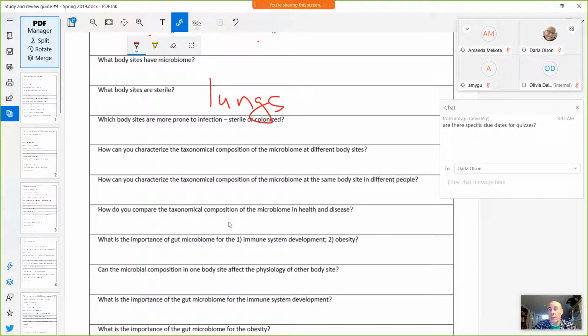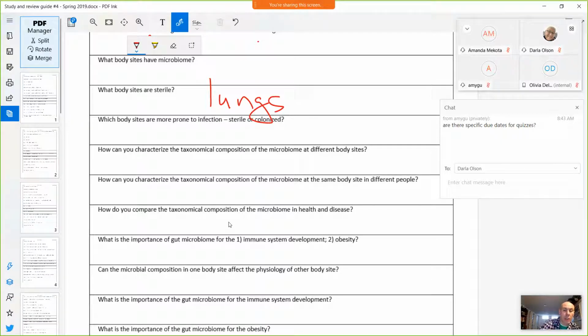So let's say if I ask which body site will be most likely to fall prey to bacterial infection, heart or skin, you can immediately say, of course, heart, because it's sterile, there's no competition. I hope it makes sense. Since I don't see your faces and all your microphones are muted, you can either sometimes unmute yourself and say, yeah, I got it, or just type something in the chat.